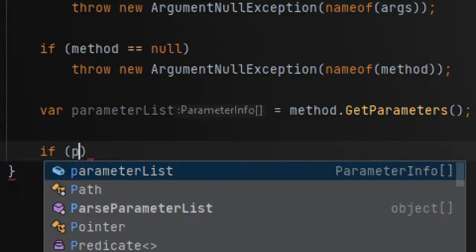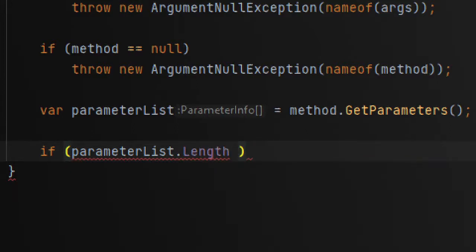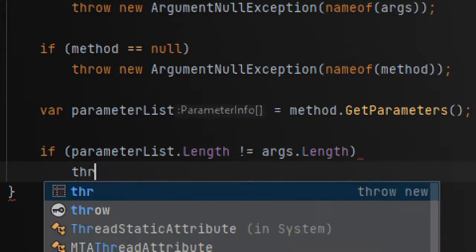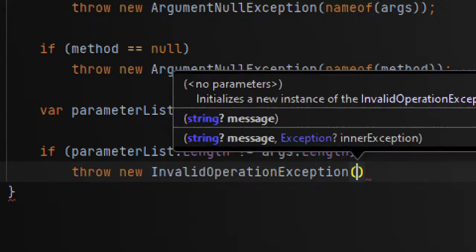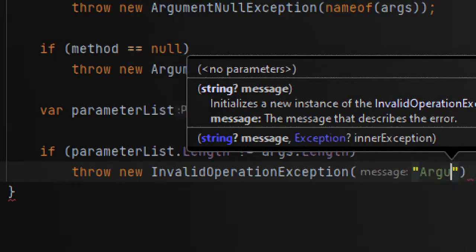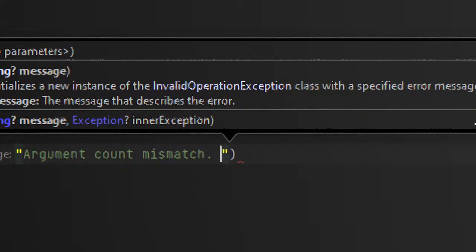So the way we do that is simple. If parameterList, because we've already done a null check, we're safe. We know that this is not going to be null. We're going to check if parameterList.Length is not equal to args.Length. If that happens, we're going to throw a new InvalidOperationException. This is sort of my catch-all exception type here, where you try to do something and it's just invalid. You shouldn't have done this. So we're going to say argument count mismatch, expected,